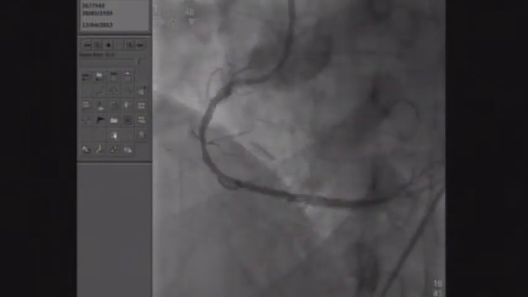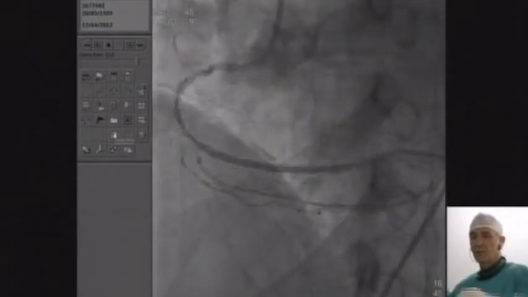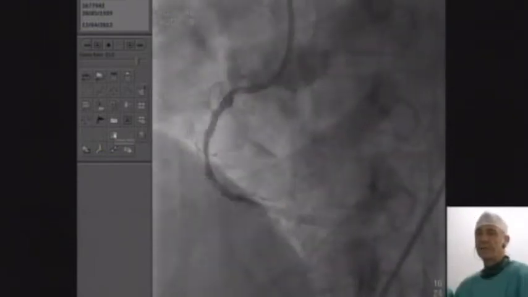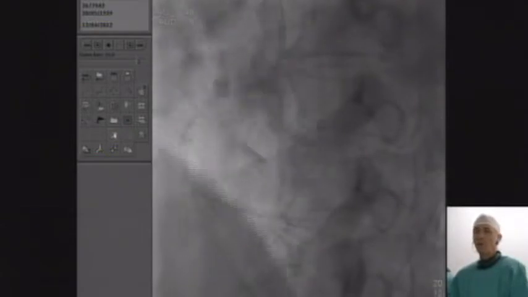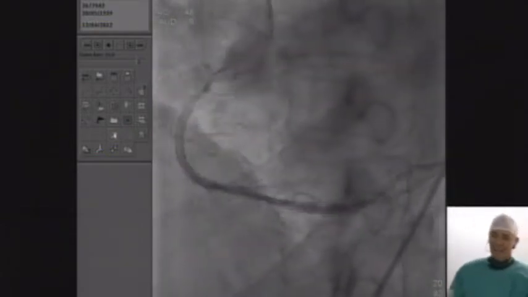So we decided to cover until the mid portion of the right, that I will show, the proximal part. There is no important lesion to be treated. So we did the implantation, and we also performed a post-dilatation with a 2.5